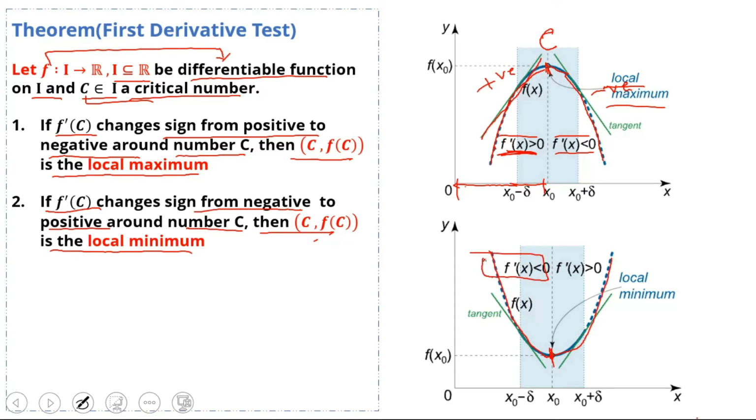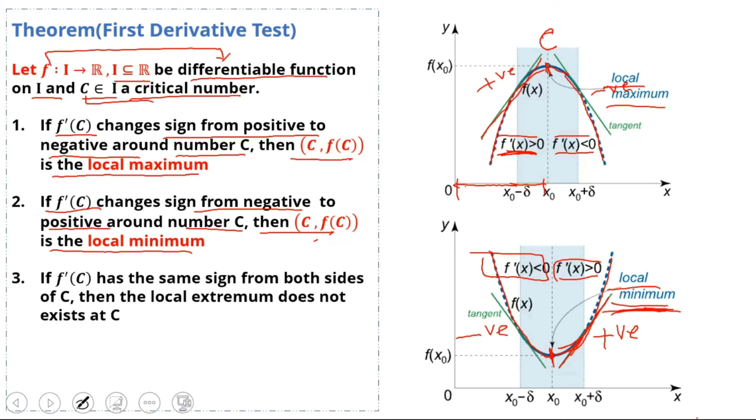In this region we can see the derivative of the function is negative and the slope of the tangent line is also negative. After this point we can see the function is increasing and the slope of the tangent is positive, and in this region the derivative is positive. So at this point the function has a local maximum. Sorry, at this point the function has a local minimum.